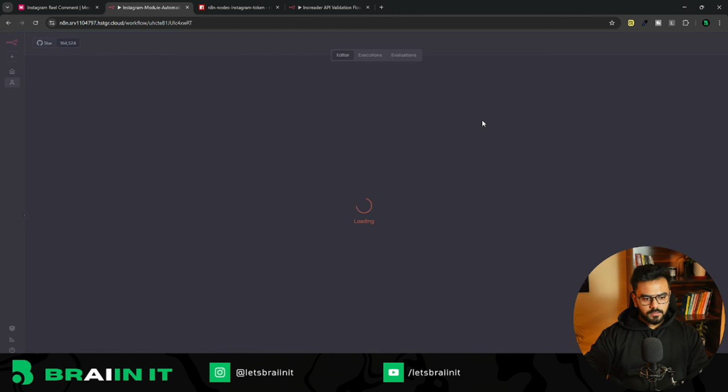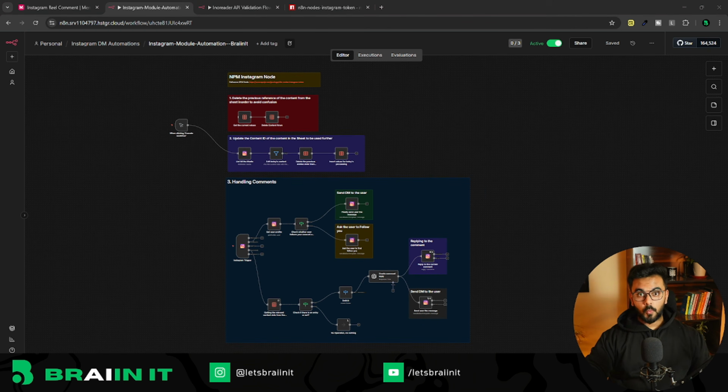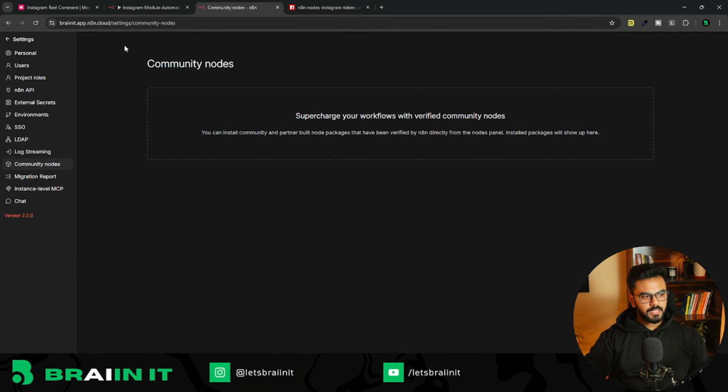A quick update that I would like to share with all the n8n community members: this feature of installing community nodes is currently not available with the paid version of n8n. What I mean by this is, if you have a paid subscription, or if you're on a 14-day free trial, you cannot install this community node or any community nodes currently. When you go to settings and then community nodes, by the way, this is my paid version of n8n that I'm showing you right now,